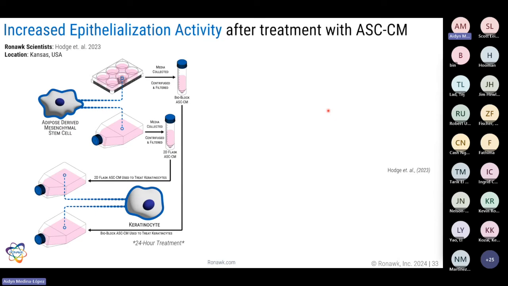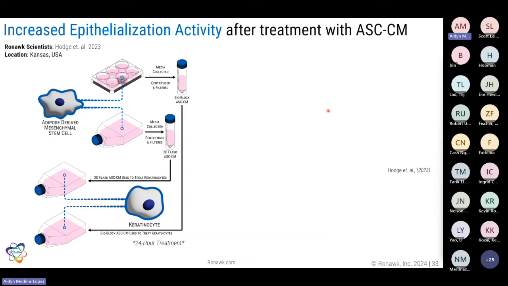So one of the experiments that we did was we cultured adipose-derived mesenchymal stem cells in both our product, the bioblock, and a 2D flask. And every week, media was collected from both. And that media that was collected was then used to treat keratinocytes that were cultured in